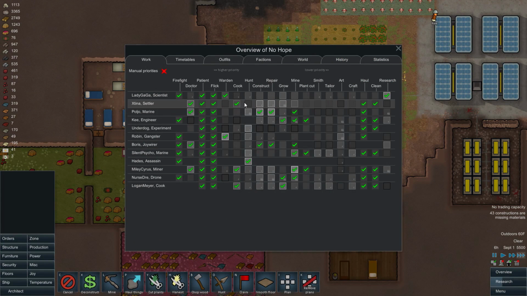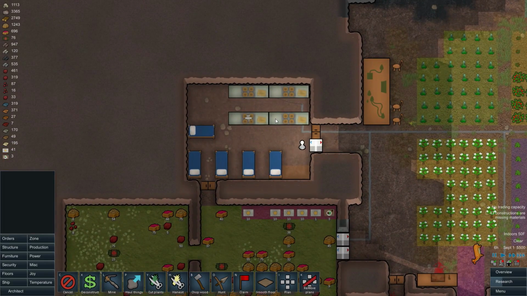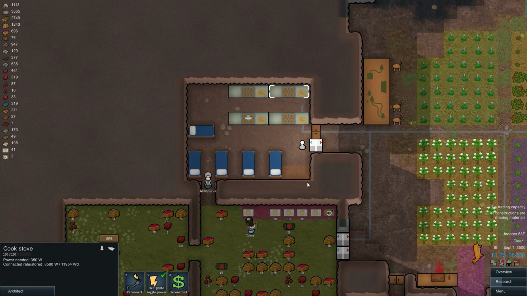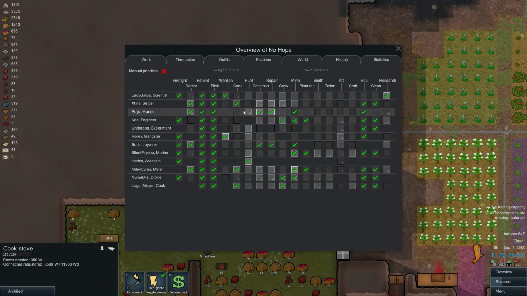Overview. Let's come over here really quickly. Cook. Alright, so all you cooks over here, remember, the bills for this is going to be 40, correct? So once 40 is hit, you guys can go do something else, but once we drop down, I want you to come back over here and work again. So, let's put down Xtina as a...